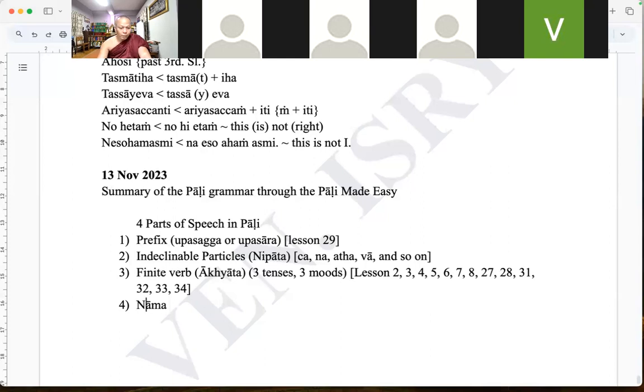So that is why, instead of saying noun, maybe declinable stems. So in Pali we call it nama, but under the nama, there is noun,